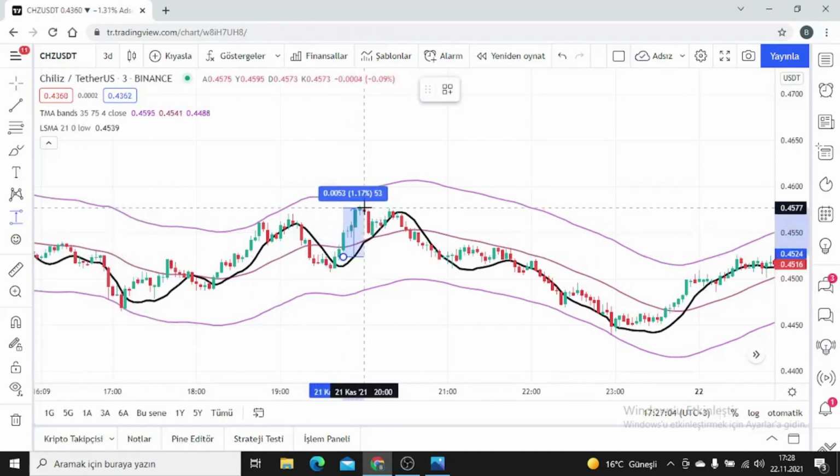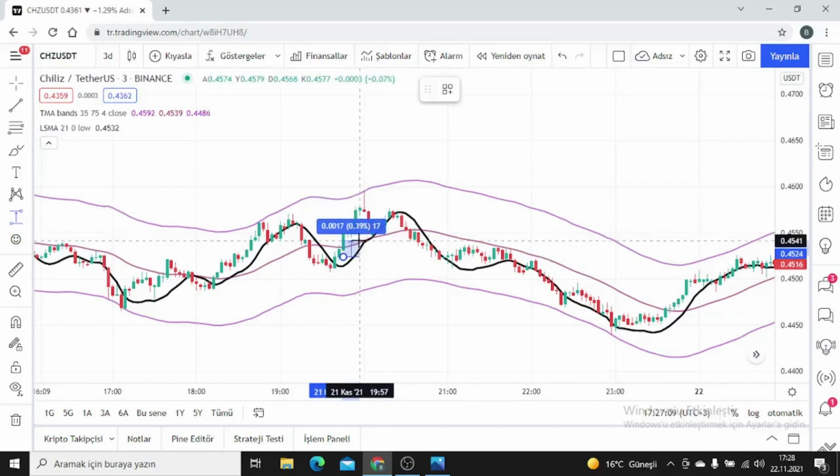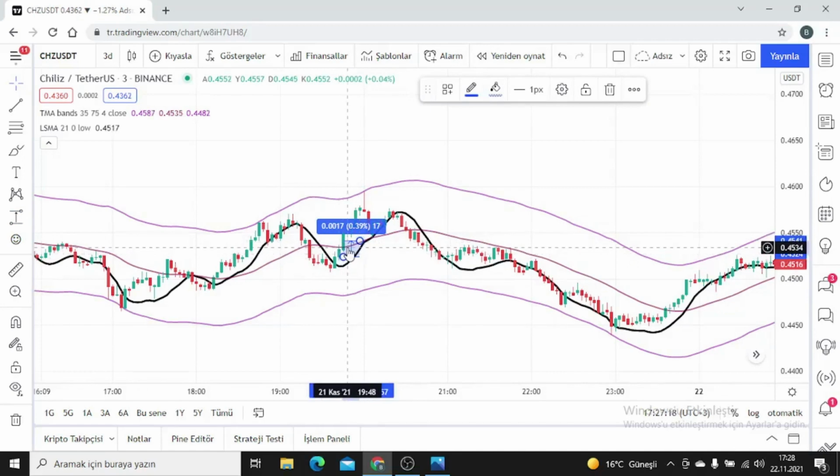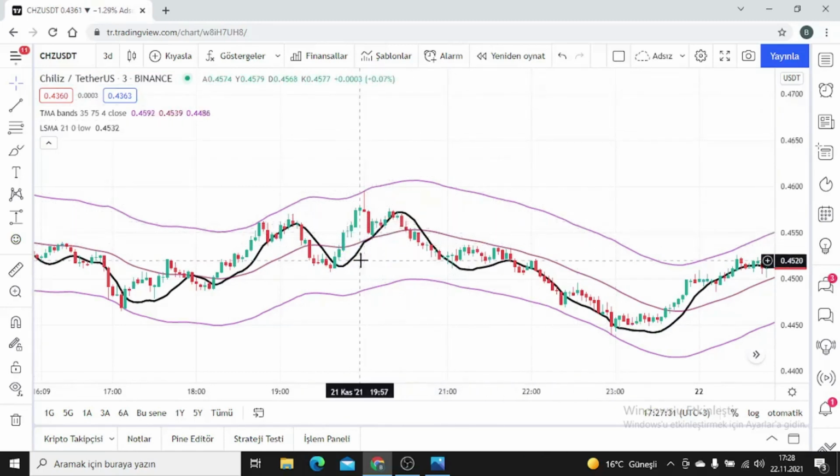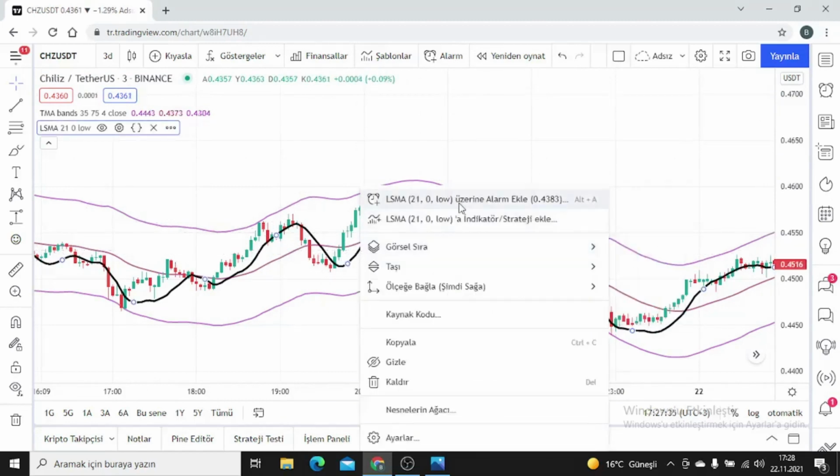For example, let's calculate the profit here. That candle closed and you entered a trade at the close of this candle. It's doing 1% so far, but my advice is don't wait until here, guys, get out of the trade here. Because there is no point in waiting too long. In other words, the first candle is closing. After the first candle, in the middle of the second candle, within 3 to 4 minutes on average, you can exit the trade here.